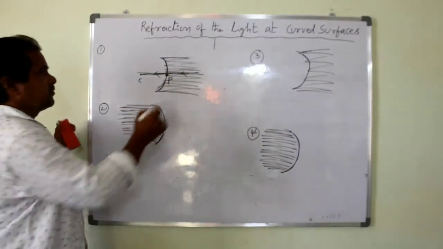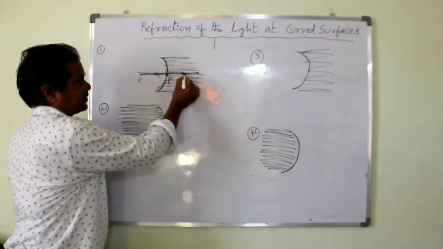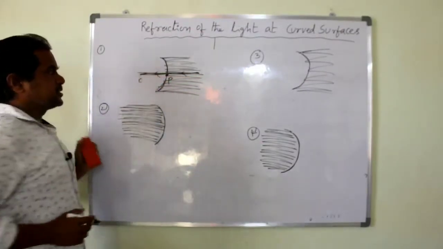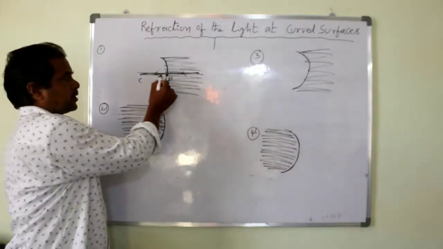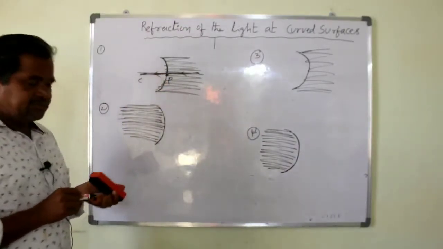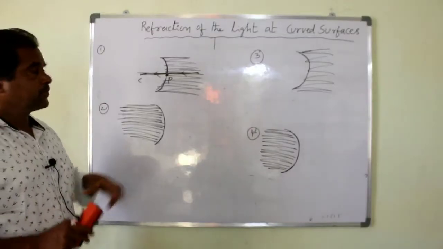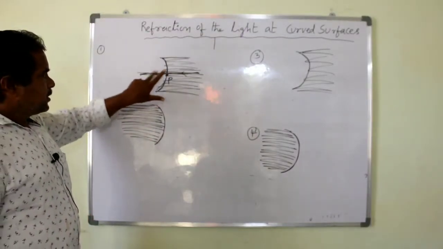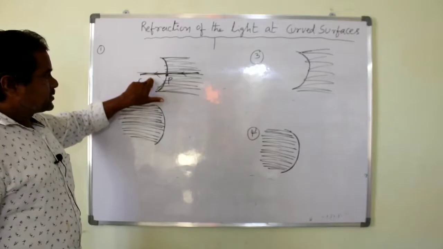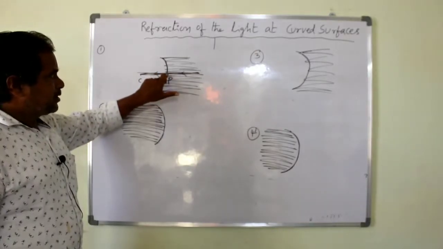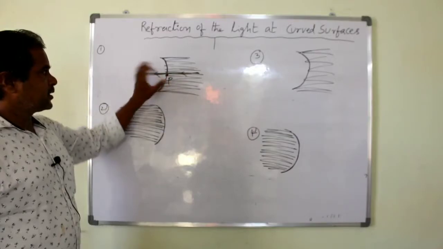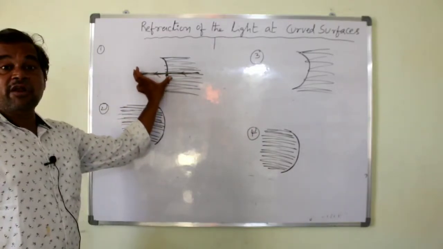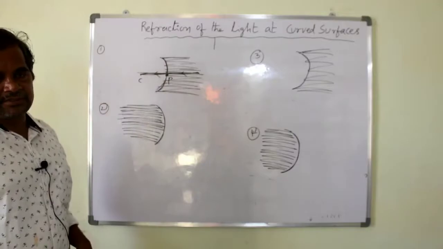It is the first principle. Any light ray which passes along the principal axis, the corresponding refracted ray doesn't deviate its direction. Why? Because it passes through the principal axis, meaning it is perpendicular to the point of contact. Because PC is also treated as one of the radii of the curved surface.